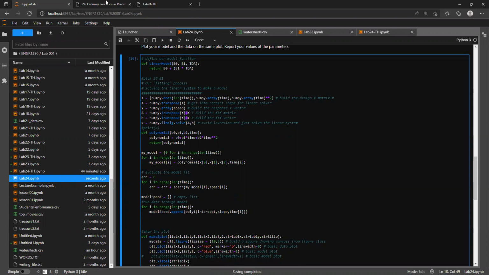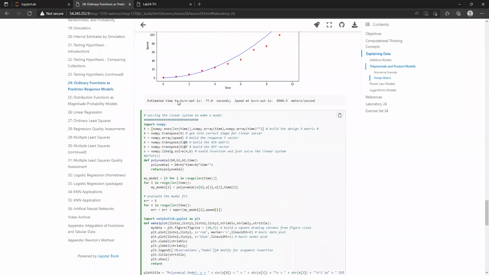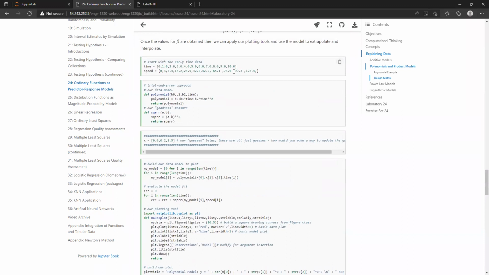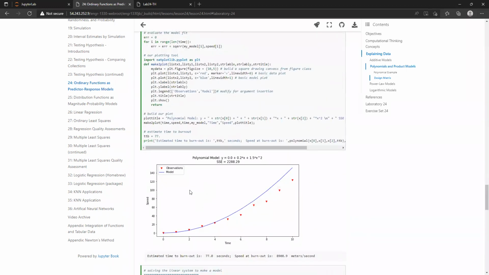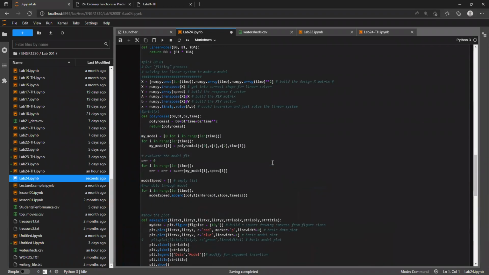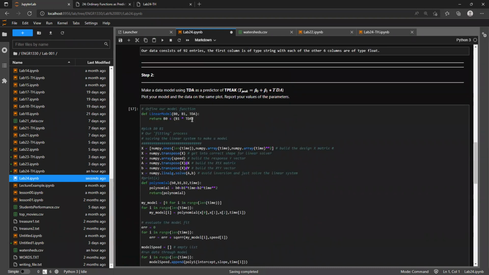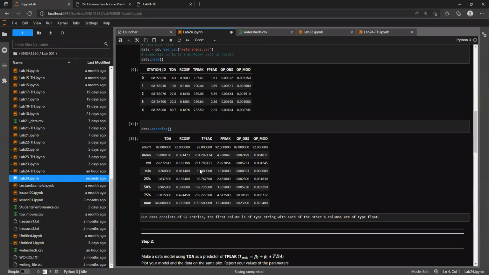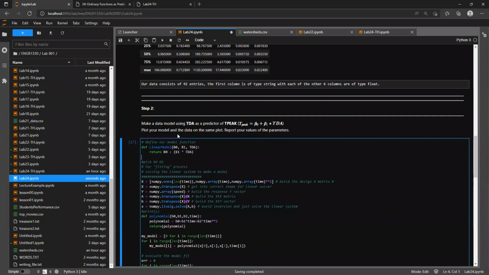Because this works on a list that's been defined right here. Not only that, it's got different functions and different names for things. So we need to go through, because if I run it right now, here's what's going to happen. Time's not defined. Yeah, it's not defined because instead of using a hard-coded list, we're going to be using our data frame. So we got to go through this basically line by line